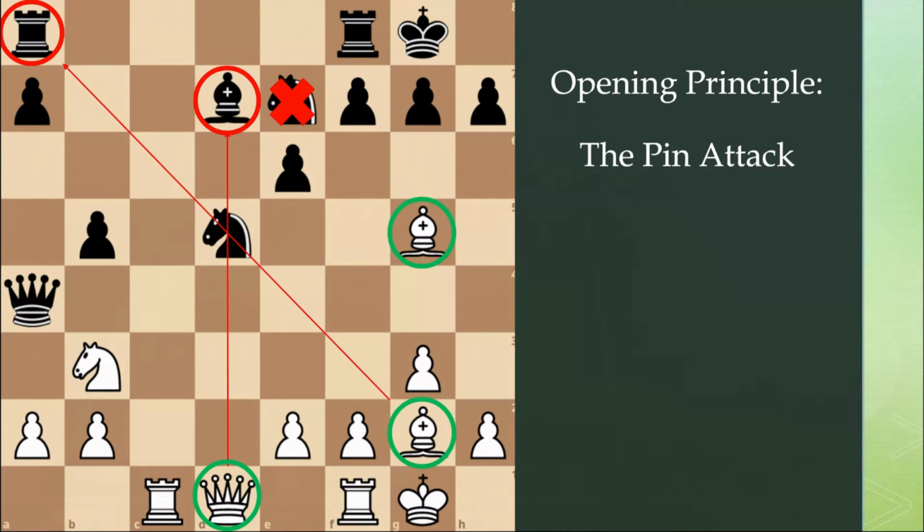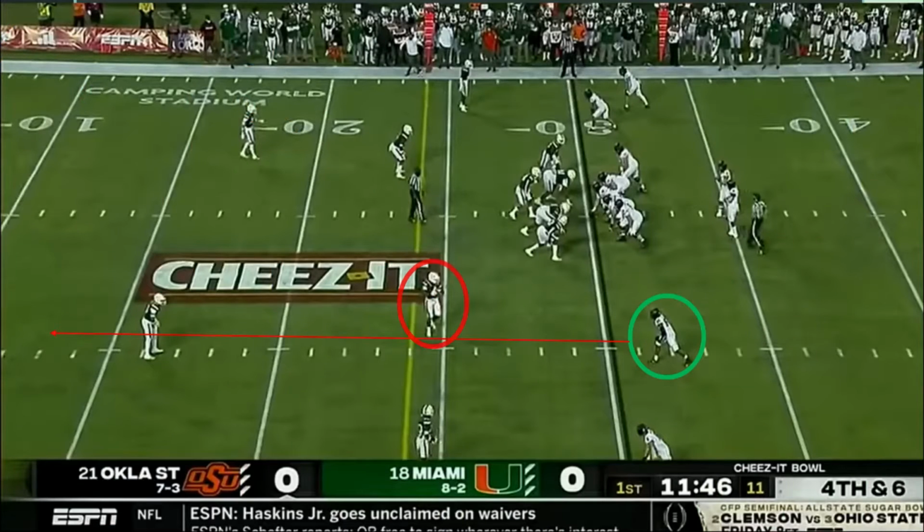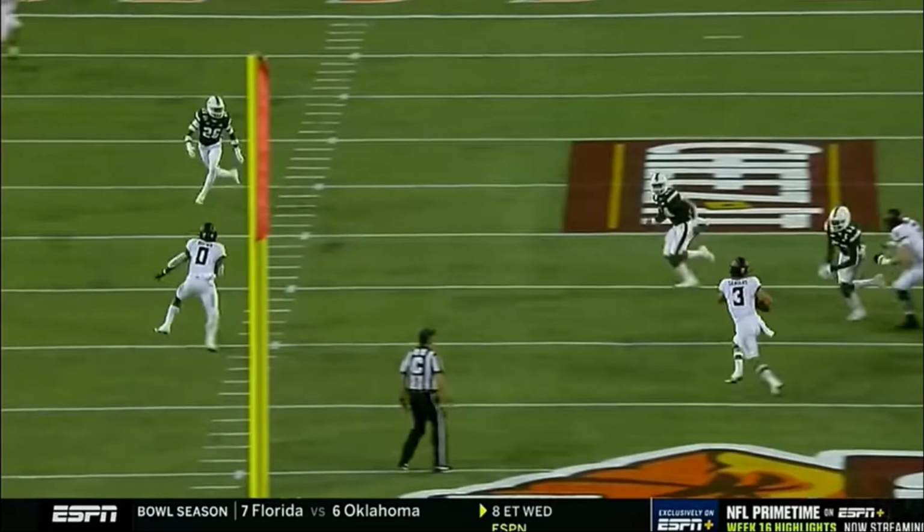So in this particular case, OK State is trying to pin this linebacker. It's Keontra Smith, but the receiver is basically in a much better position to just blow right by him. And we put our safety, Gervin Hall, way back here. All they want to do is get Gervin Hall to move on this 4th and 6 play, and everything falls apart. So the way they're going to do that is use this running back, number 0, as you see here